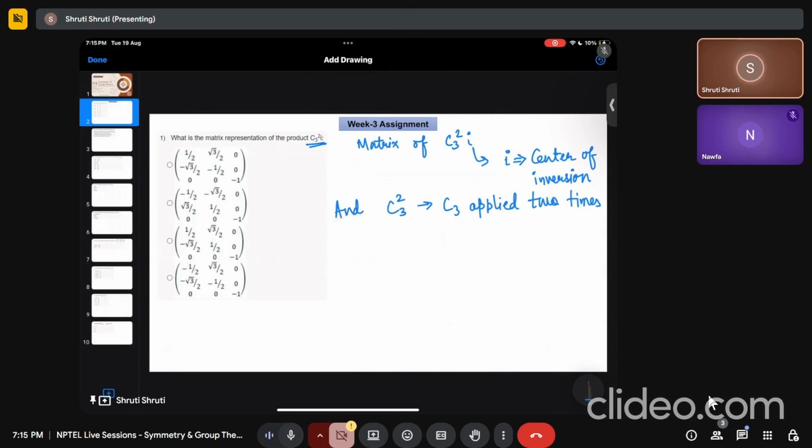So the question is about the matrix representation of the product C3 squared I, where I is the center of inversion, and C3 squared means the same C3 applied two times. Okay, so C3 once is what? If you consider anti-clockwise rotation,